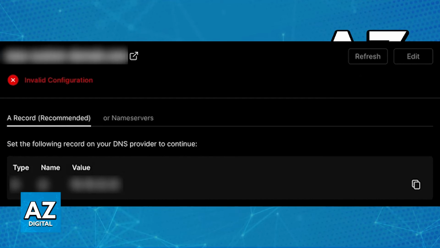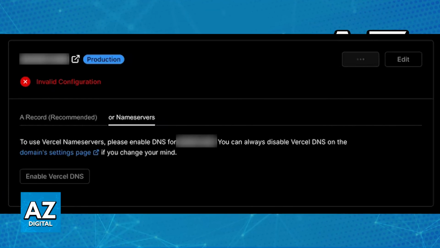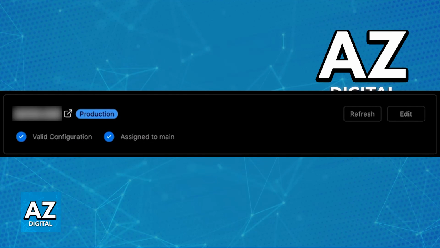Once you have added your custom domain, you will need to configure the DNS records of your domain with your registrar so it can be used with the project. The dashboard will automatically display different methods for configuring it. If the domain is in use by another Vercel account, you need to verify access to the domain with a TXT record. If you are using an Apex domain, you need to configure it with an A record, and if you are using a subdomain, you will need to configure it with a CNAME record. There will be instructions for all of these, but usually this is how it looks afterwards. Like I said, you will have full control over this and you just need to verify.